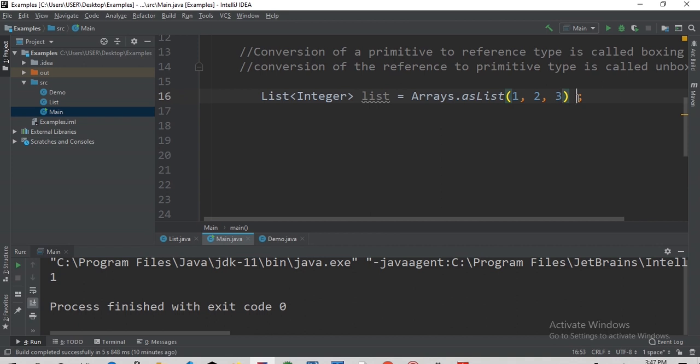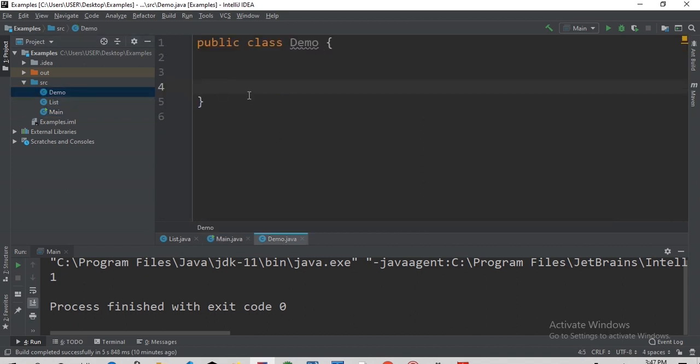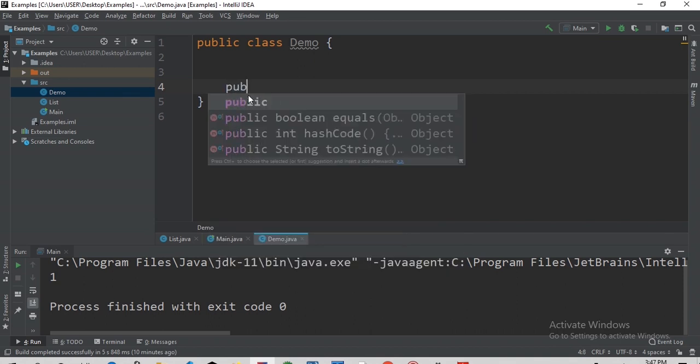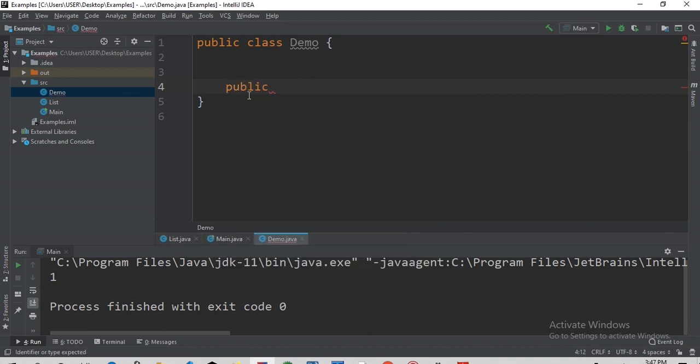Imagine we want to sum these values. Okay, if you want to sum these values, let me create method to sum this value. We will start with the public int sum,